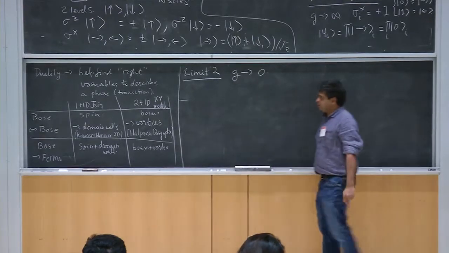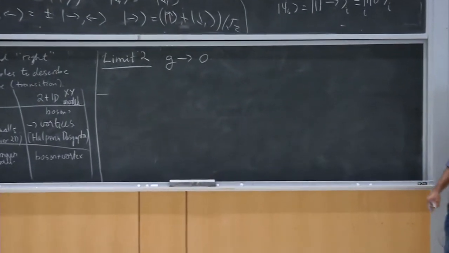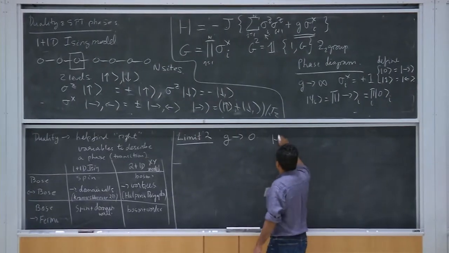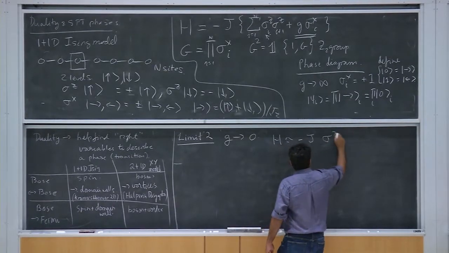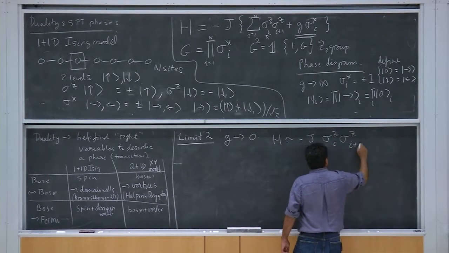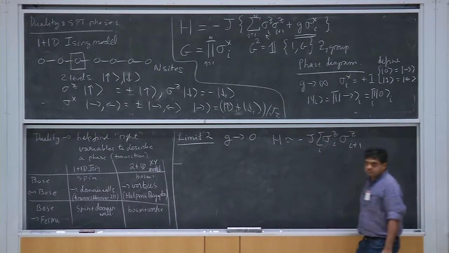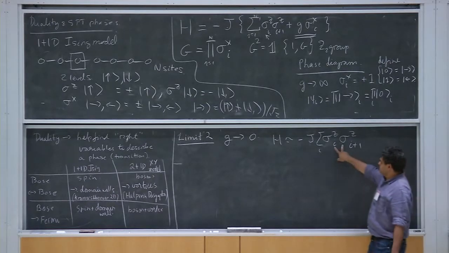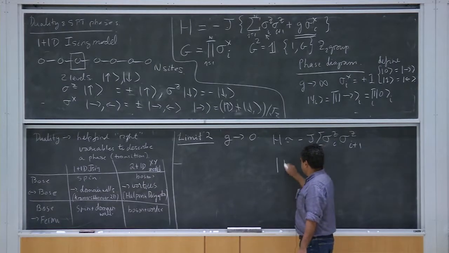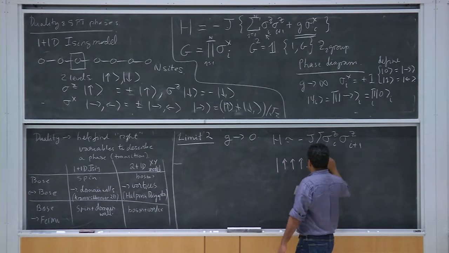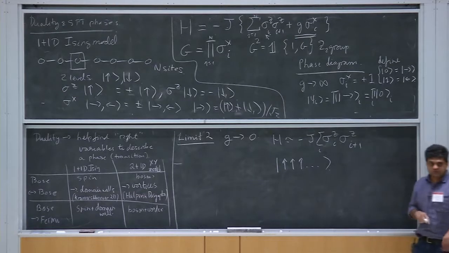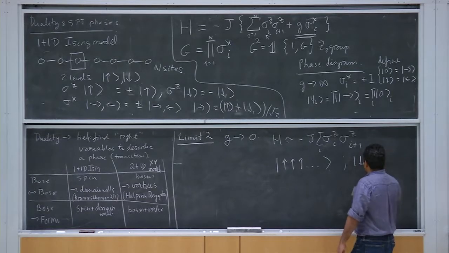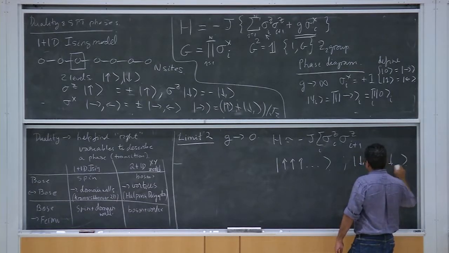To understand that part of the phase diagram, it's good to go all the way to the point where you can simply neglect that sigma x term. So now my Hamiltonian is essentially this. If you take this Hamiltonian and diagonalize it, of course what you want is adjacent spins to point in the same direction, but now along z. So we changed our basis over here. That's a state that does that for you. All the spins are aligned, but there's another state that's equally good. These are degenerate.